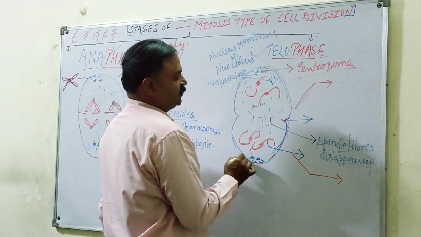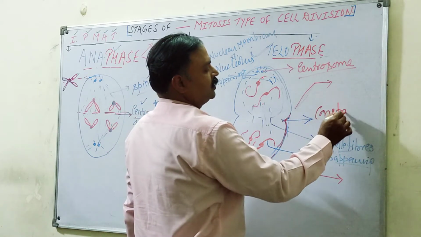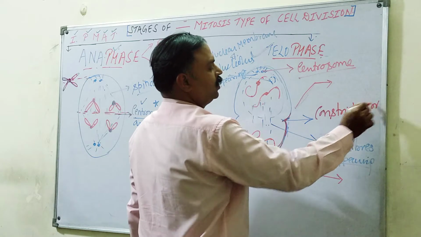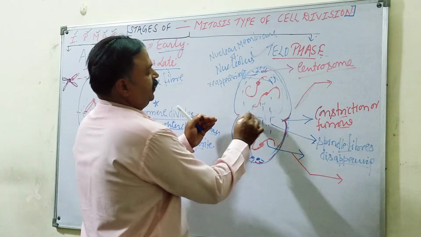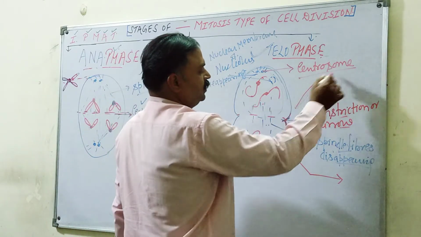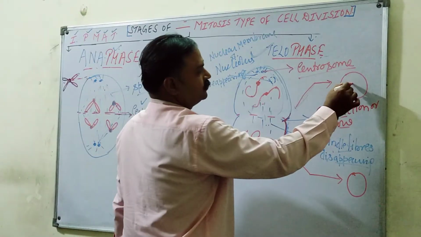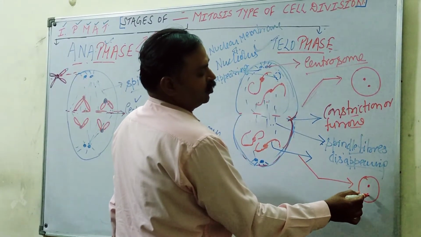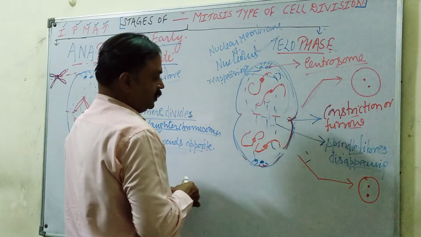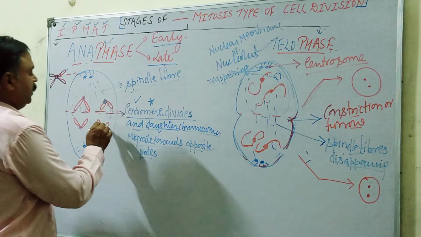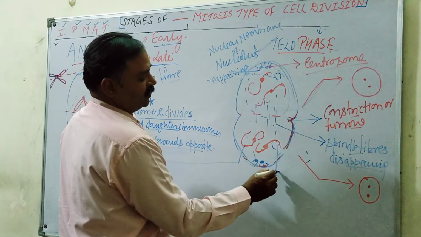And in addition to these two features, what you observe? That can also be a feature of this phase. That is a constriction developed here. Constriction or furrow is observed because now this parent cell will divide from here into two daughter cells like this. When they divide, two daughter cells will be formed with two chromosomes. And the fourth feature you can observe here, that the chromatid will turn into chromatin fiber.